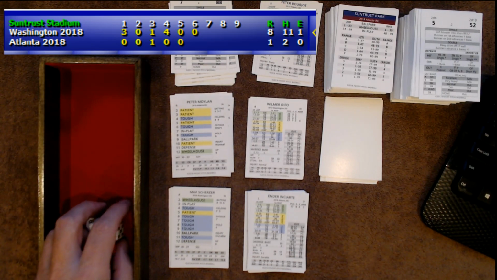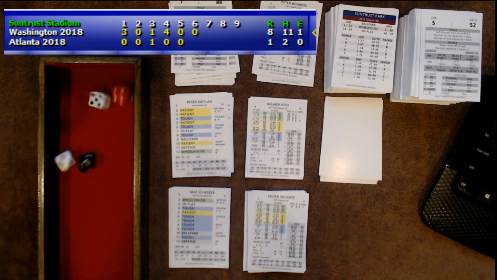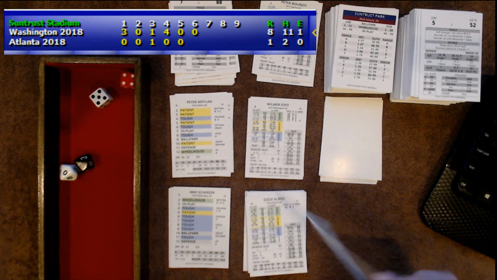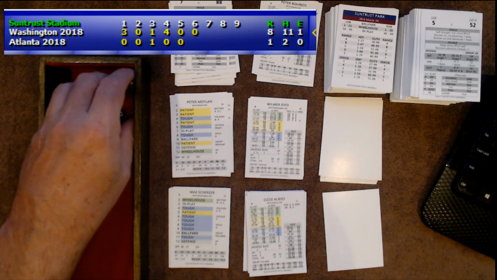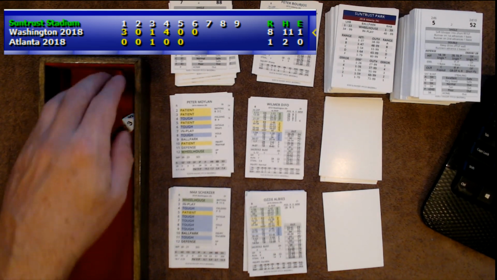So, let's see. Peter Borges, he is a steal of F. He's not going anywhere. Ender Inciarte, he is 0 for 2. 9, tough 70. And that's hard to get by. It's a fly ball. It's going out there to left field. Borges will stay at first, 1 away. Ozzie Albies. Come on, Ozzie. Let's get some crazy train going here. 6, tough 63, out of range. It's a fly ball. It's going out to right field. 2 fly balls.